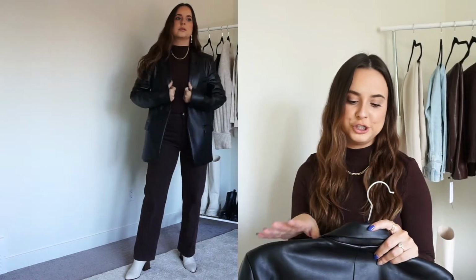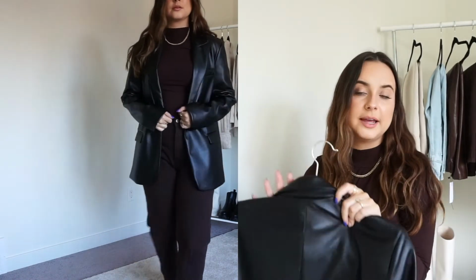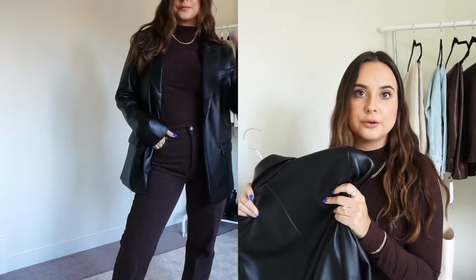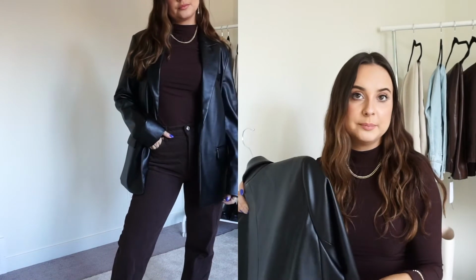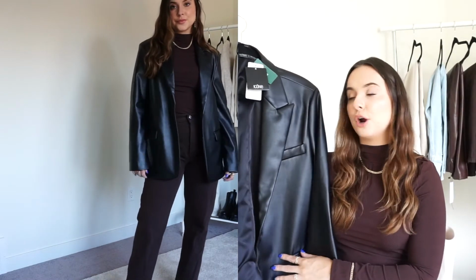The Zara one is also a great option and it's $30 cheaper, but I felt like this one had a bit more of a feminine cut, so I felt like I would get a little bit more wear out of this one rather than the Zara one because of the cut. This is such a nice high quality leather blazer. I know I'll have it in my closet for a really long time, so if you're interested, I will link